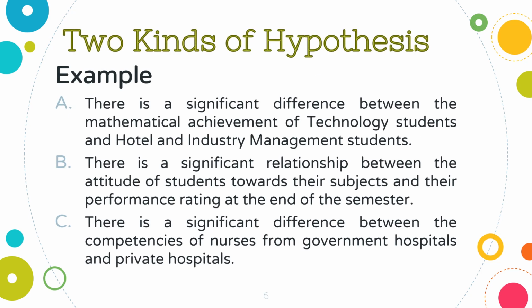So the example of alternative hypothesis: there is a significant difference between the mathematical achievement of technology students and hotel and industry management students, or there is a significant relationship between the attitude of students towards their subject and their performance rating at the end of the semester, or there is a significant difference between the competencies of nurses from government hospitals and private hospitals. So that is the two